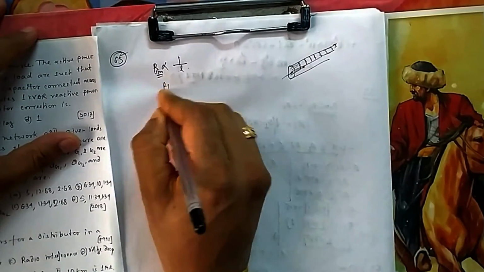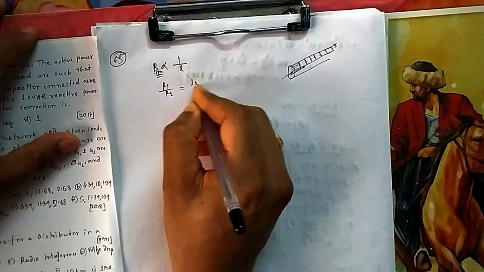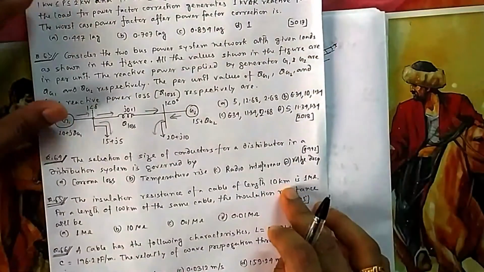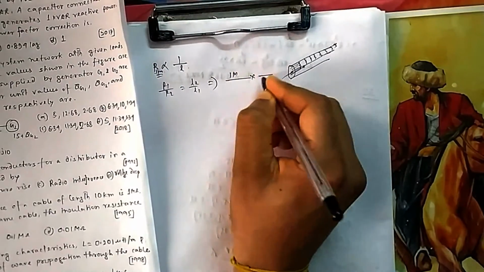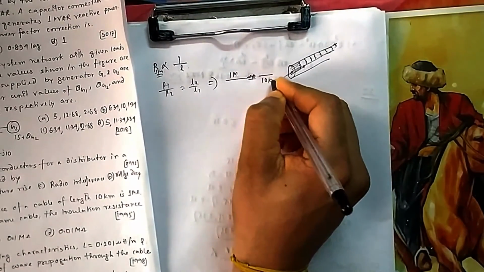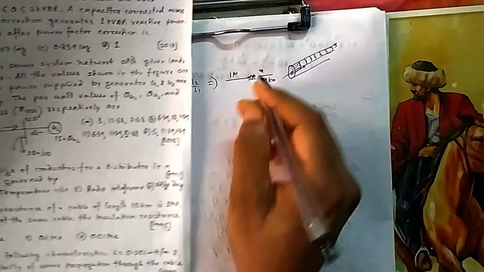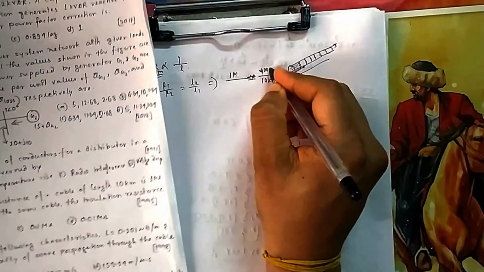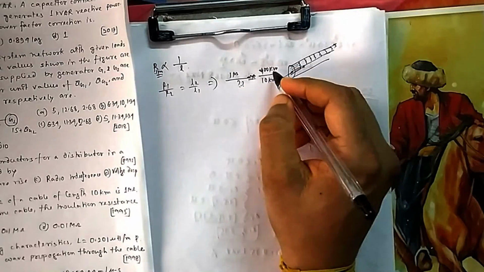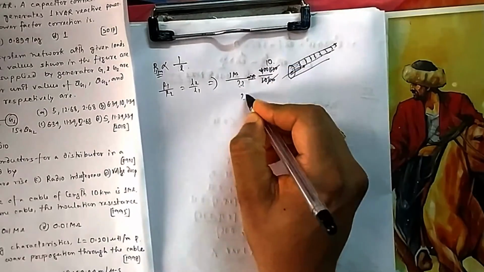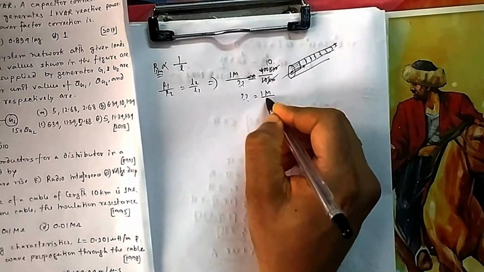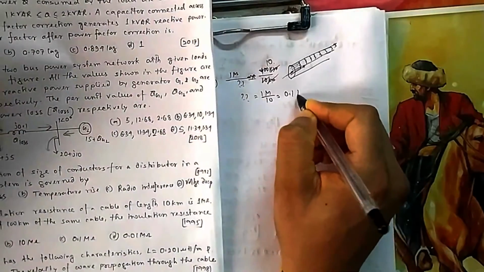So you can think of R1 by R2 will be equal to L2 by L1. It is given that R1, in the first case, is 1 mega ohm for 10 km. And now you are asking for 100 km, how much will it be? This is R1, R2 you need to find, this is L2, this is L1. So you will get 1 mega divided by 10, that is 0.1 mega. That is option C.